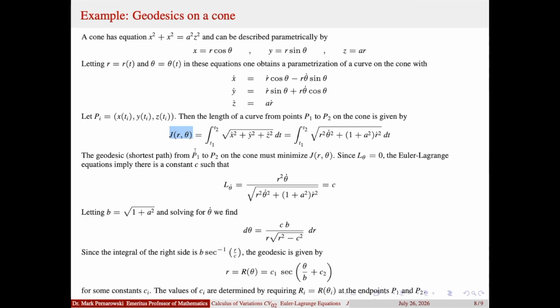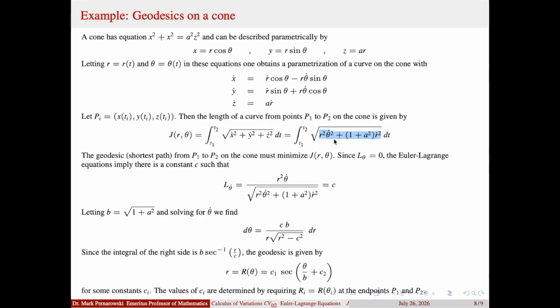And the way it depends is actually on 2 things. It depends on r of t and theta of t. So right at the very beginning in this lecture, my y vector could have n components. This is a case where you have 2 functions of t that you need to find to minimize this functional. So the functional depends on r of t, theta dot of t, r dot of t, etc. Well, if you look at this,